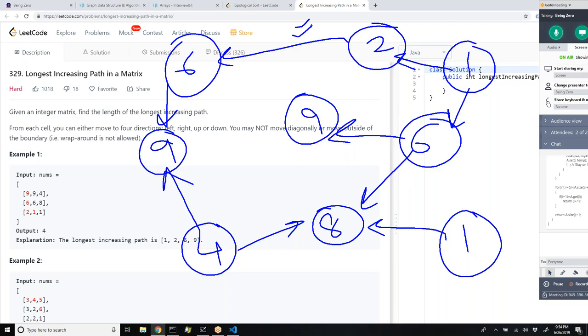So when we say topological sort, you always start with the one which is not dependent on anything. There are multiple topological sorts. Ideally, you will see what is the longest topological sort that I have. 1 to 2 to 6 to 9. Okay. Then 1 to 6 to 8. And 1 to 8. Out of these three topological sorts,